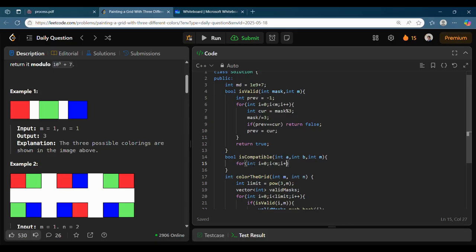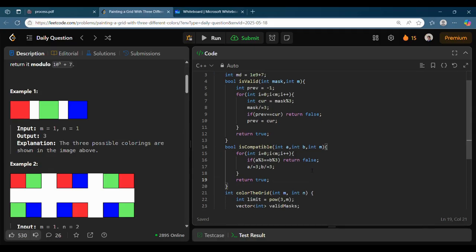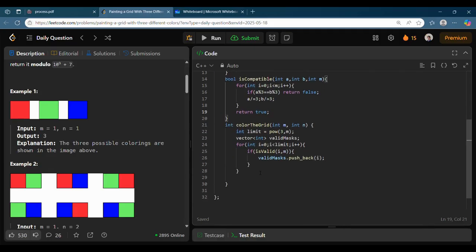For every value, if anywhere A mod 3 is equal to B mod 3, return false, and then do A divide equal to 3 and B divide equal to 3. And at the end return true. If nothing is false, then definitely it's true. So we have the isCompatible function.